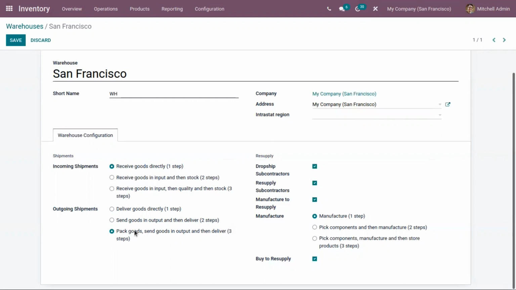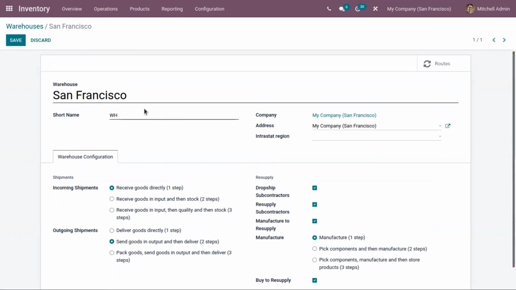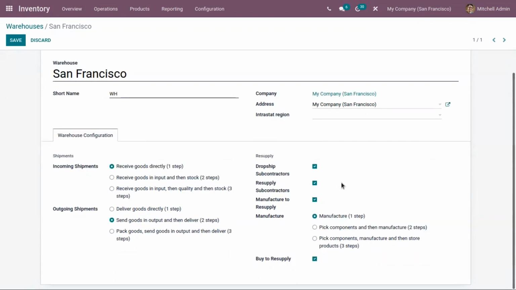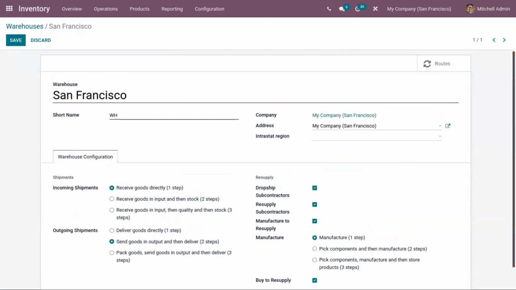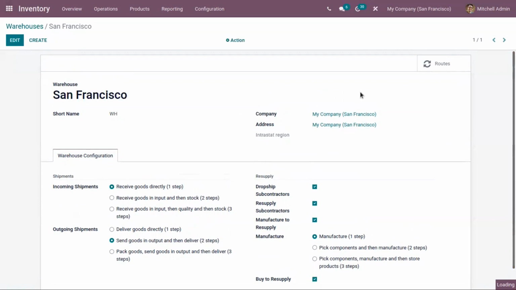After that, the packed goods are sent to the output location, and then delivered to customers. We can also enable resupply for manufacturing, drop shipping, and purchase. After configuring the warehouse, when you save, routes will be configured for your warehouse accordingly.